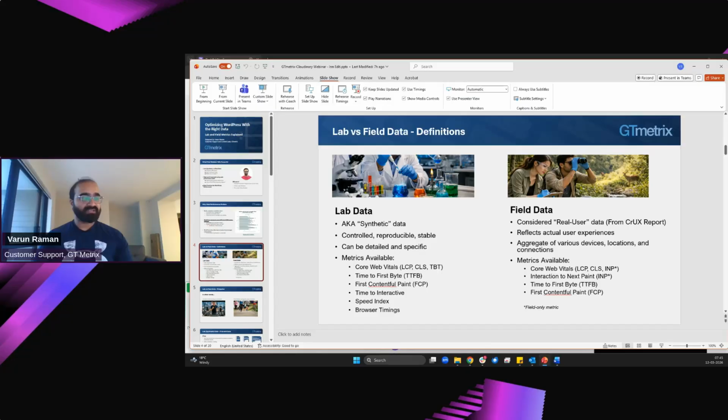This is where we need data to tell us what is actually happening with our websites. And generally speaking, we can broadly categorize web performance data into two data sets, which is lab data, aka synthetic data, and then field data, also known as real user data. Lab data, as you know, is the kind of data you get from web performance tools like GTmetrix,